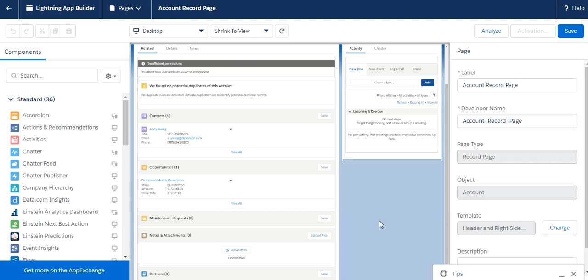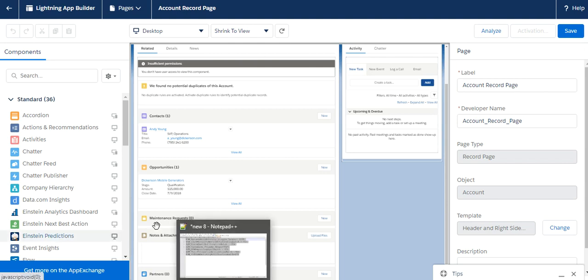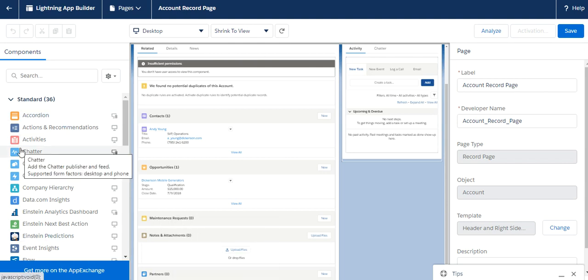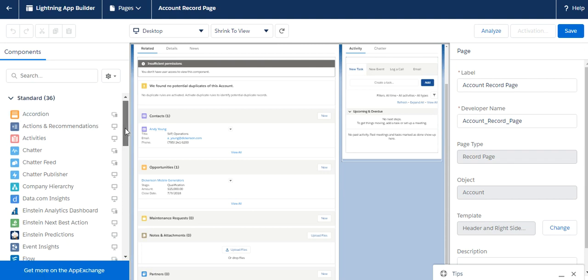So now next, these are the components. Here you can see the components, and we have three types of components: standard components, custom components, and third party components or app actions. Here you can see the list of standard components, and it's showing we have 36 standard components.